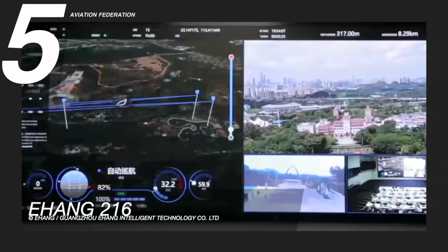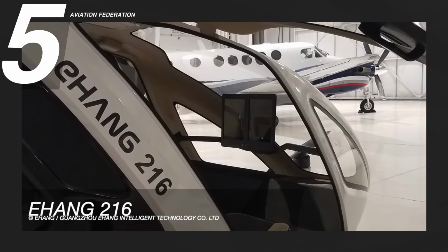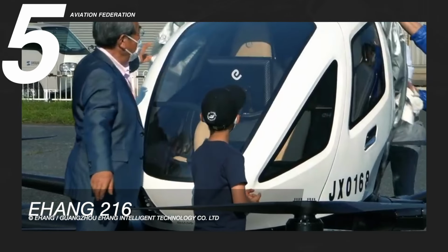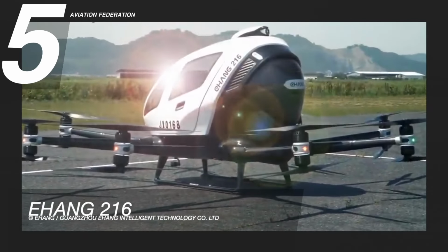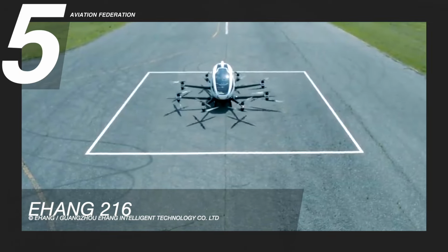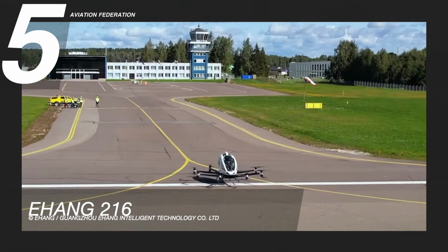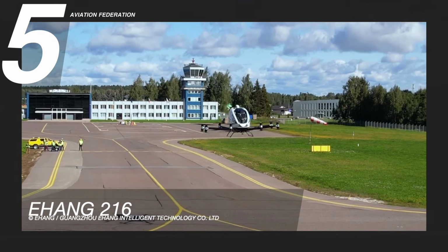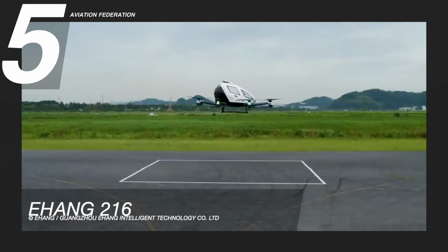The aircraft's gross weight is 1,367 pounds, while the payload is 485 pounds. This model, which uses epoxy carbon fiber composite, can carry up to 2 passengers. To achieve the requisite strength-to-weight ratio, the Ehang 216 is a low-altitude, high-power, self-driving aircraft made of carbon composite material